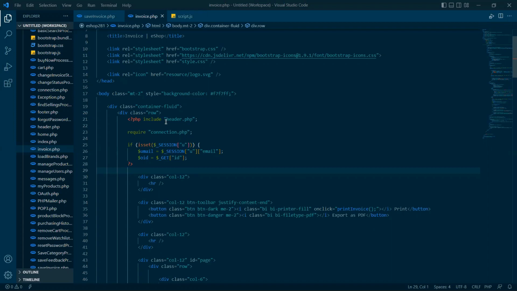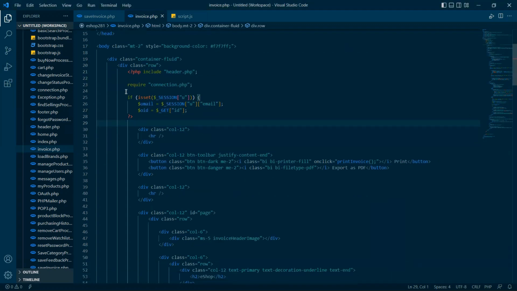Firstly, let's go through the Invoice page. Here I have included the header part, and then I get the connection through the connection.php page to our page and the database, and using this if condition, I will check whether the session U has value